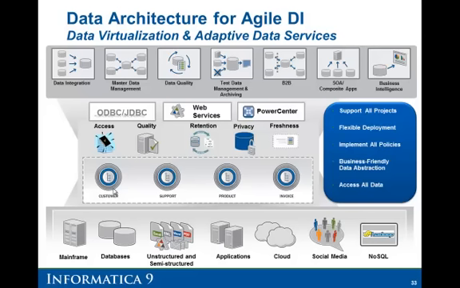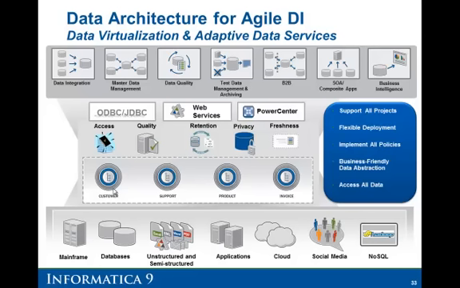How do we do this? Well, let's start from the bottom and work our way up here. We recognize that there's data silos and we need to get data from multiple places. Using Informatica, you can build out a business-friendly data abstraction layer, we'll call it a data virtualization layer, consisting of